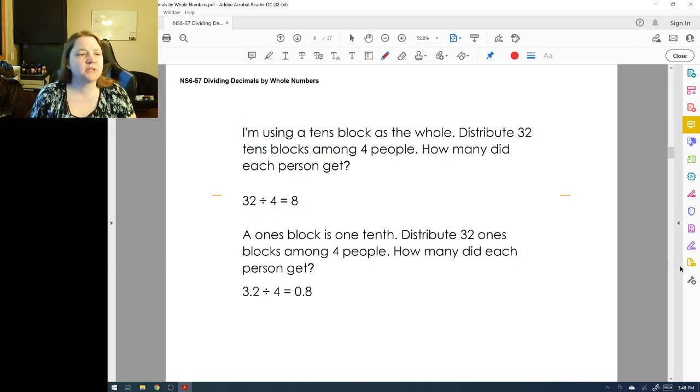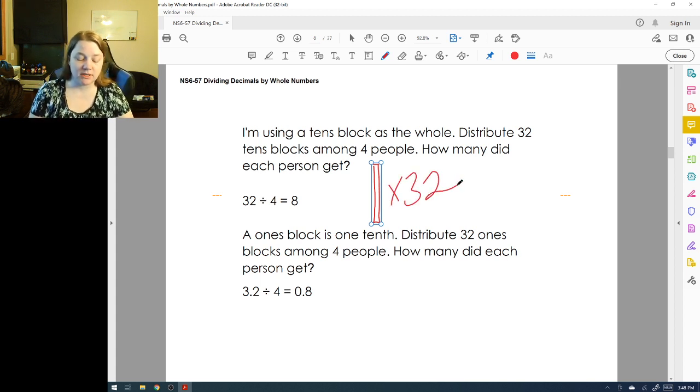Now, let's say that we use a tens block as a whole. If we want to distribute 32 tens among 4 people, we want to figure out how many each person gets. So if I have 32 tens blocks and I want each person to get the same amount, I would take 32 and divide it by 4. And when I divide 32 of those by 4, I will end up getting 8. What if I